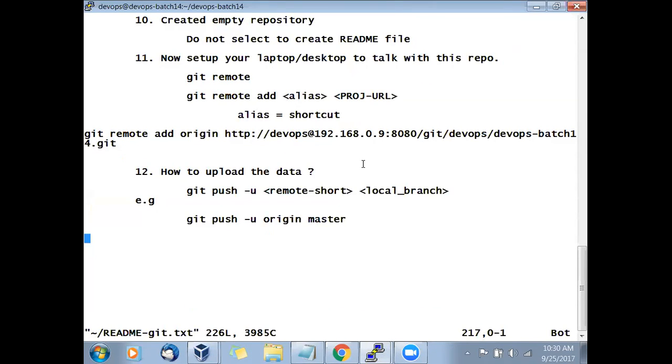Okay. Now, how to download from the server? Which command will you use? Git pull, but we will first see the indirect method, fetch and merge.